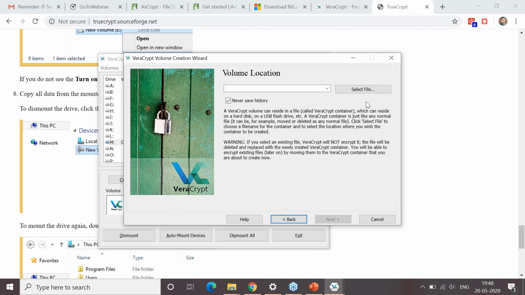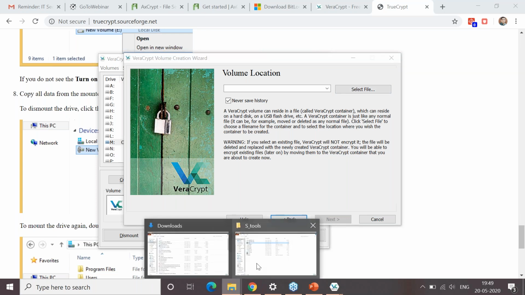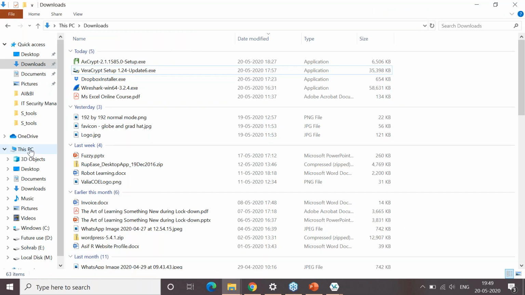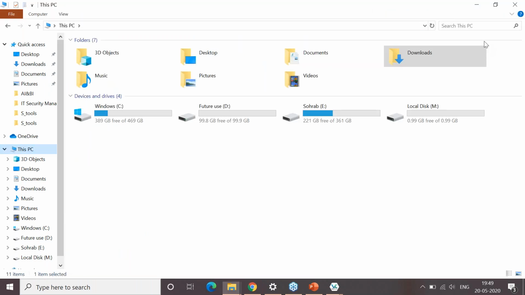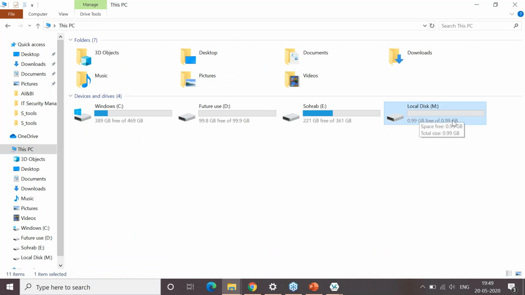Okay. So anyway, these tools you can use at your home and office, maybe to encrypt your files. So creating a volume location, what happens here in VeraCrypt is basically you will be able to create an entire separate volume like this. Can you see this local disk M which I have created? It's a 1 GB volume, and whatever you save and whatever work you do here,